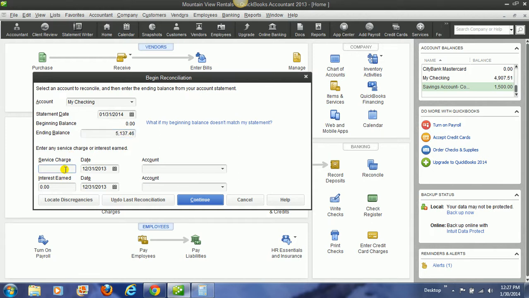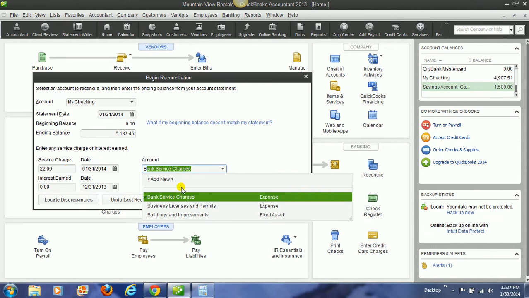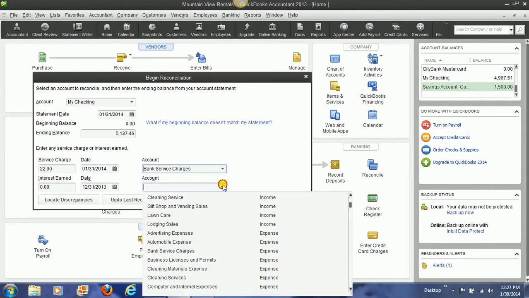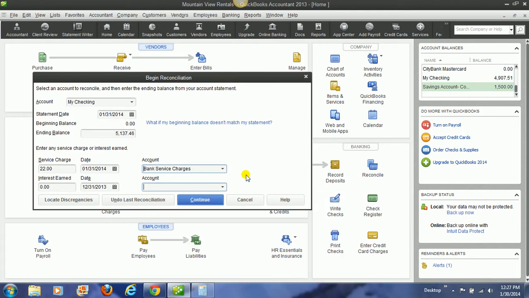Also, the bank statement is going to show you if you had any service charge. So say we had a $22 service charge. Let's put in the correct date there. And you need to choose what account this goes into. If you have to pay charges from your bank, then that's going to be an expense account called bank service charges. If you earned any interest, that would also appear on your statement, and you could put the amount in there, and then you would choose a revenue account for your interest earned. So we're going to hit continue there,